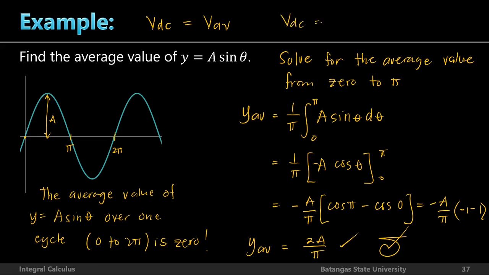The DC value is equal to 2 times the peak value of the voltage, which corresponds to its amplitude, divided by pi. Don't forget that, because you will use it when you study electronics and electrical engineering. So this is approximately equal to